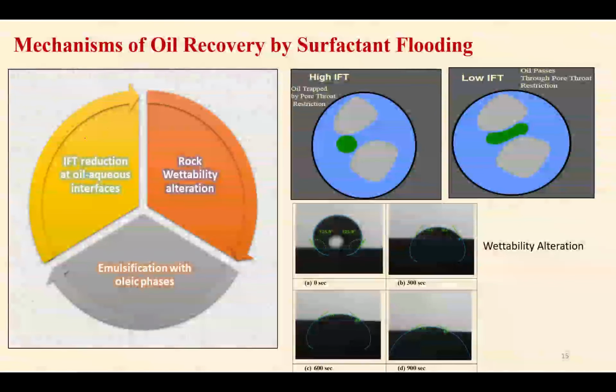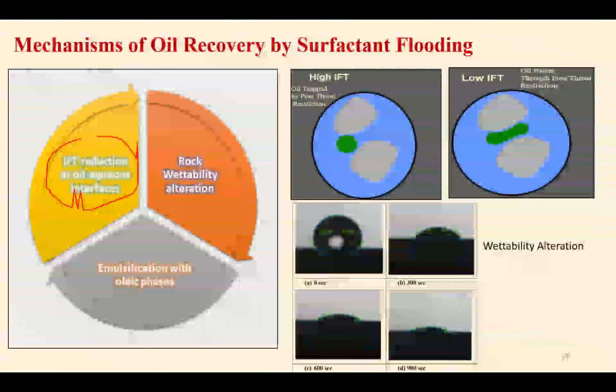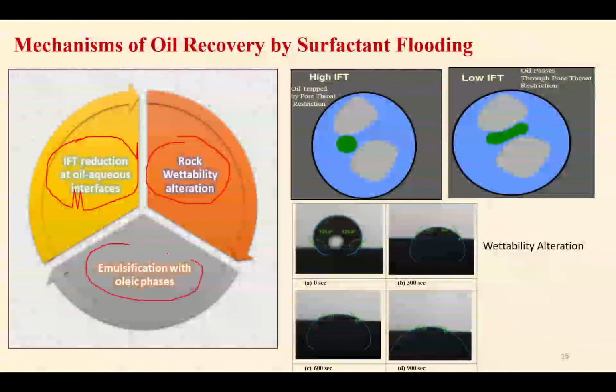You can see, as I mentioned, IFT reduction is a very important mechanism. Then rock wettability alteration, and then emulsification of the oleic phase, which improves the mobility. So here, this picture shows what happens when your interfacial tension is very high. Because of the high interfacial tension, generally these oil droplets become rigid. Then by application of the viscous force, that is usually by water injection,